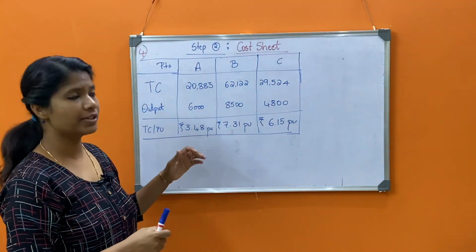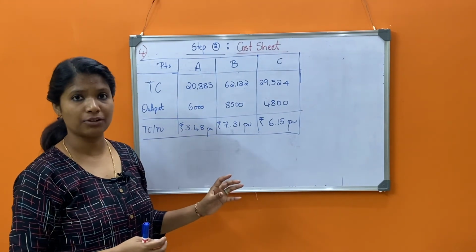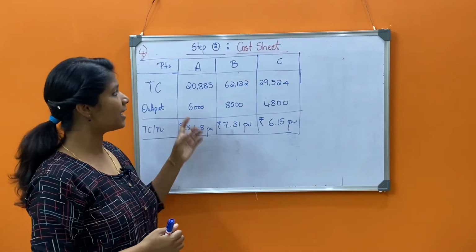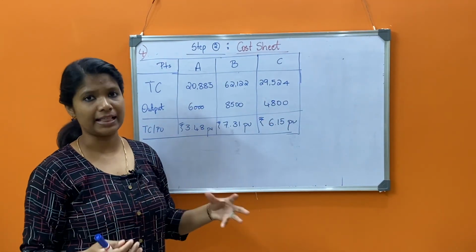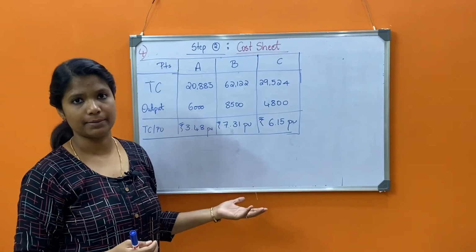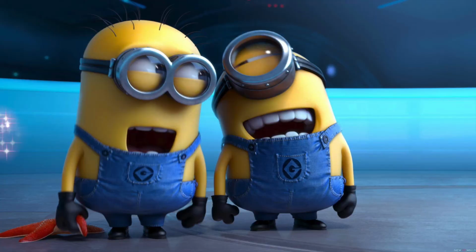Even though the problem looks very huge, it's quite simple with the calculation. It's just that the company has three different products and four different activities. That's why it looks very lengthy, but the calculation is quite simple. So with this we complete our 4th question.